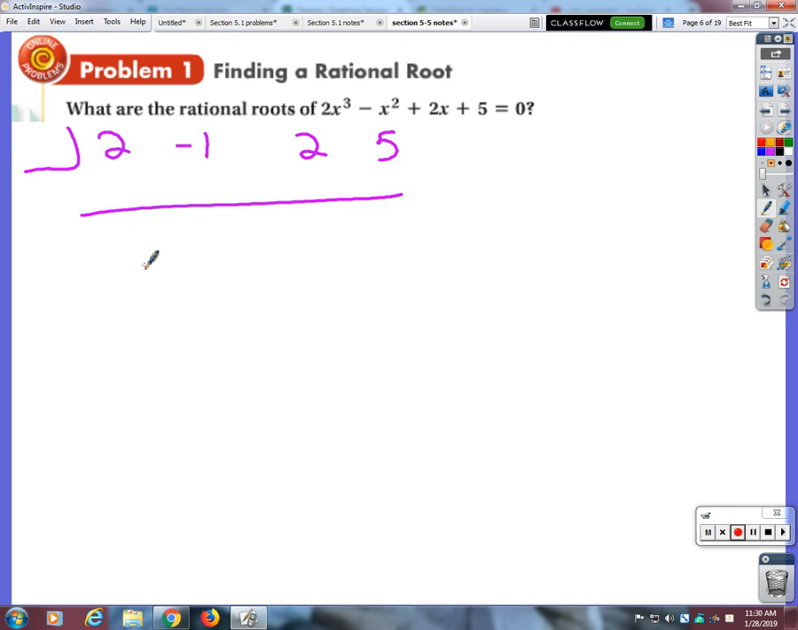So what we are going to do today is we are going to use the synthetic division that we learned in the previous section to solve some equations that we couldn't solve by factoring. Okay? So for example, if I threw this one at you, 2x cubed minus x squared plus 2x plus 5 equals 0,